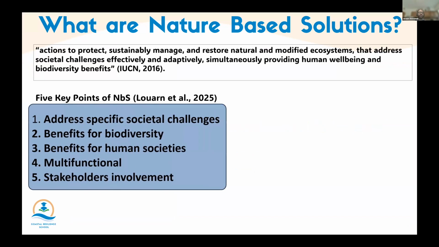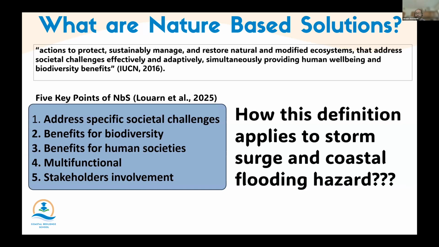So we can have 5 key points for nature-based solutions. They have to address specific societal challenges. There should be benefits for biodiversity, benefits for human societies. They have to be multifunctional, and there should be stakeholder involvement. But how do these apply to storm surge and coastal flooding hazard? Okay, let's see